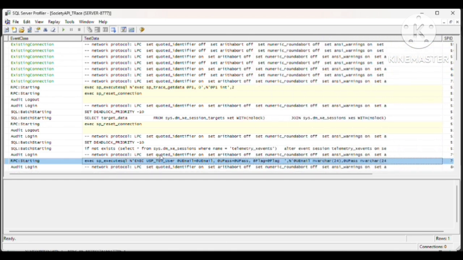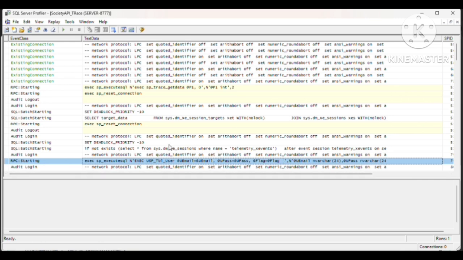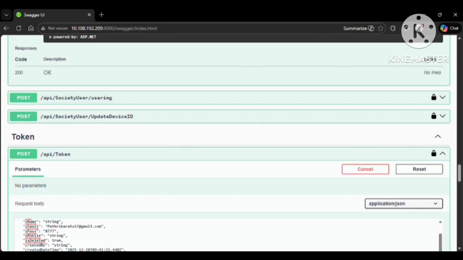You can see we have passed email ID, password, flag, email details. So we are able to track the stored procedure. This confirms that we use this stored procedure in this API. So the next thing is,